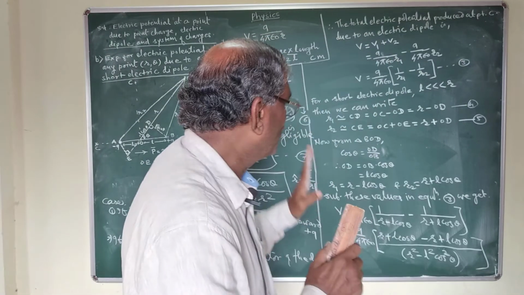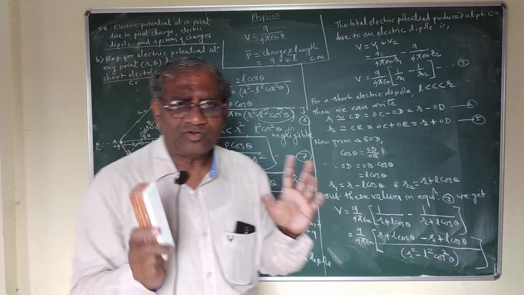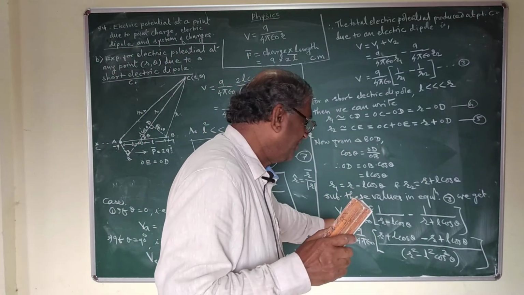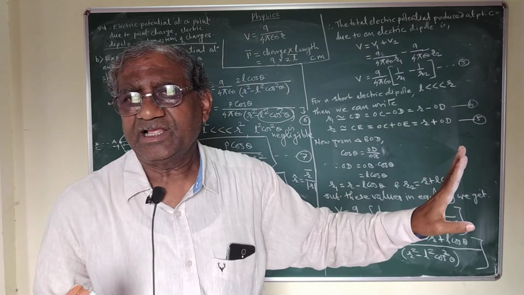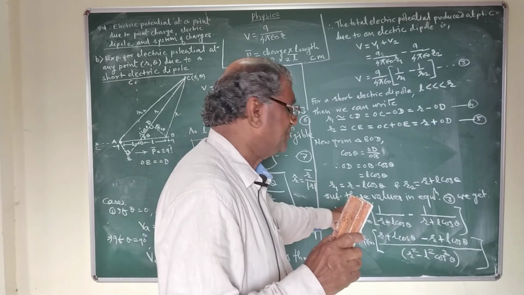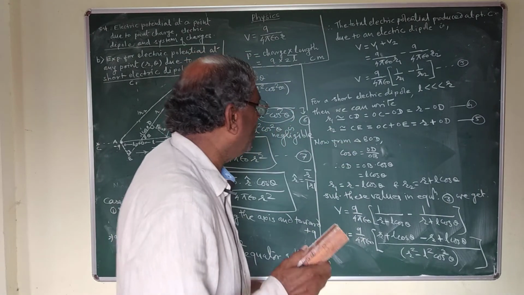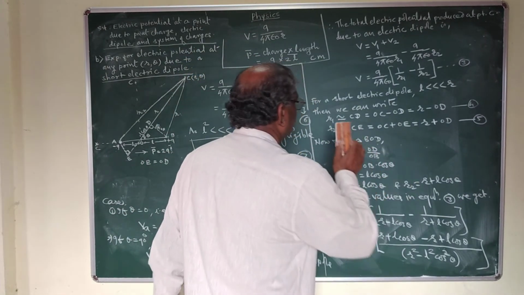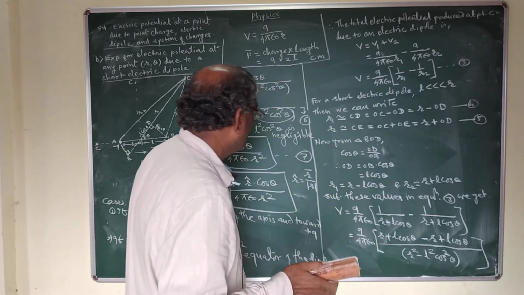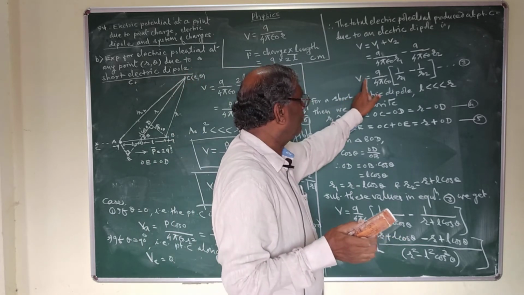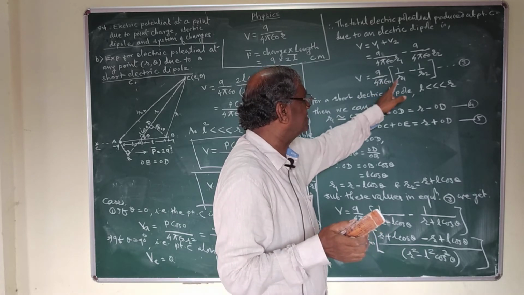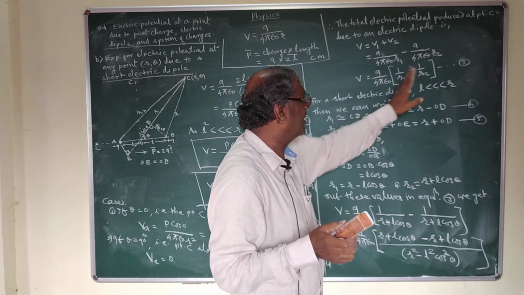For this purpose only, whichever method seems easy to you, we will calculate with that. The method given in your book also gives the same expression. So now this method is: up to this you will have to write V is equal to q upon 4 pi epsilon 0 into 1 upon r1 minus 1 upon r2.